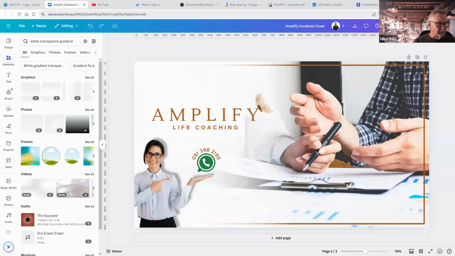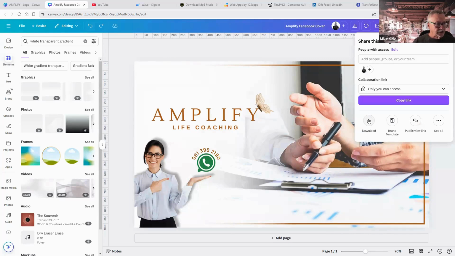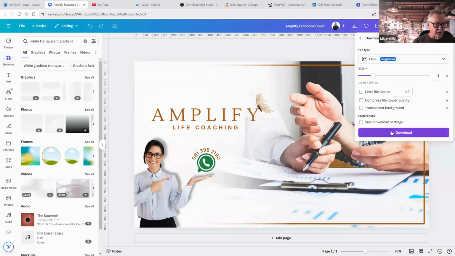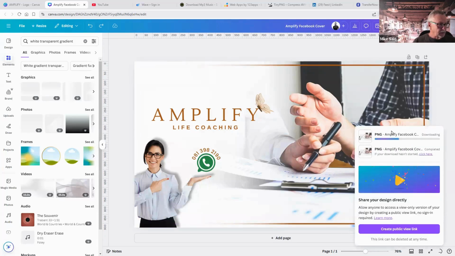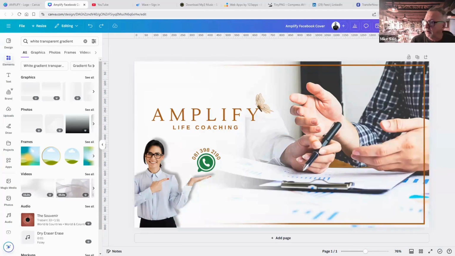So that's now my favorite one. Share, download. Doesn't really matter how many I download. Download it. And now I have the Amplify Facebook cover. So what we're going to do, just for a bit of fun, I'm going to go